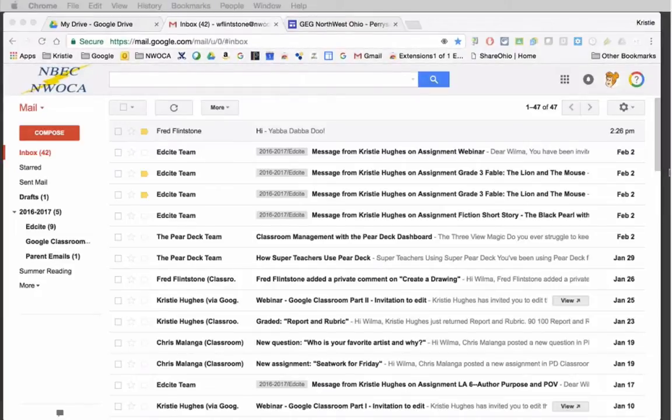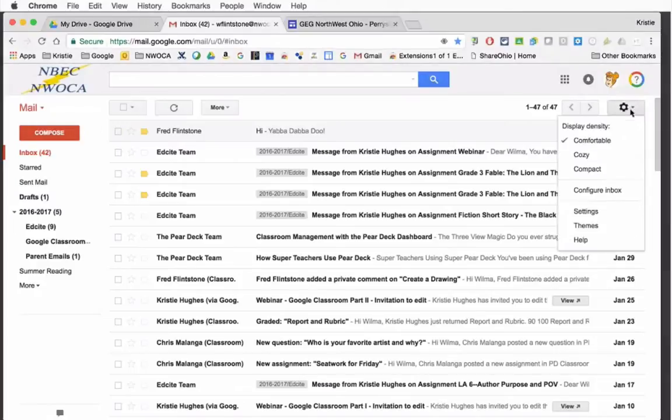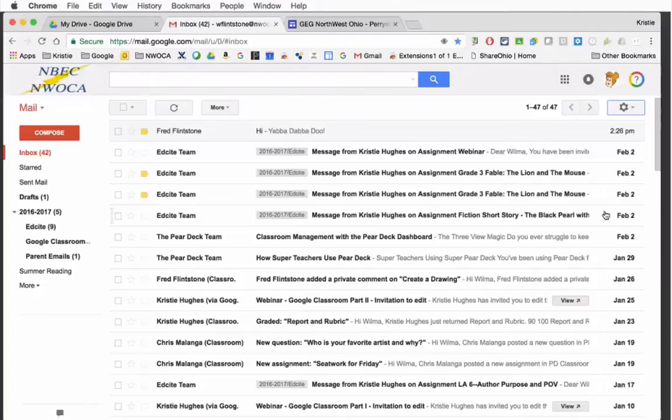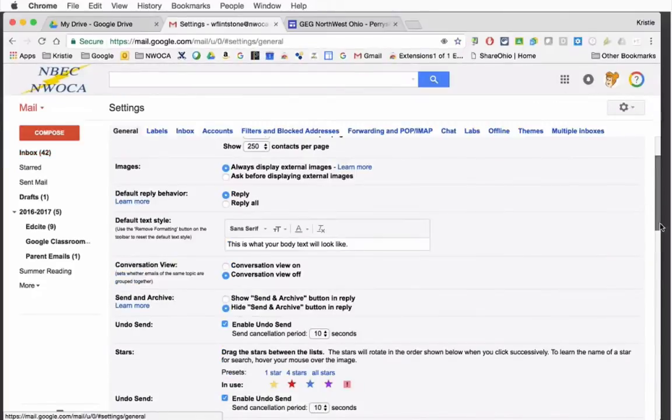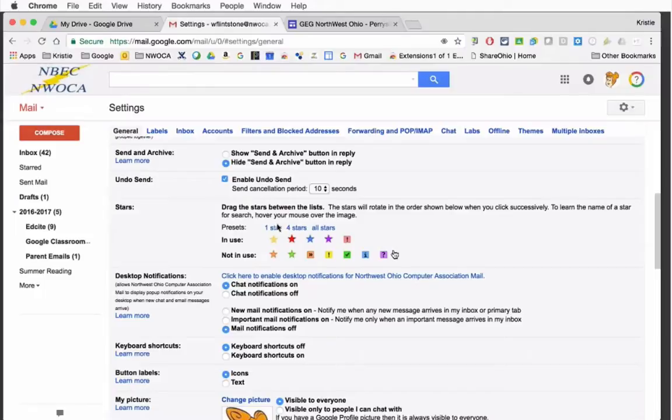Okay, moving on to the next thing, and again, we'll get more into that labels part in just a little bit. I'm going to talk about how you can tag them with stars and tag them as important. Now, if you look over here in my little list, I have a star and I also have this other shape right here. Now, if I go back to my settings, I'm going to go back to my little gear over here and I'm going to go back to settings. And you saw, and I told you we would go back to this, you saw right here where it says stars. So I can go ahead and apply any of these stars that I want to use in my Gmail